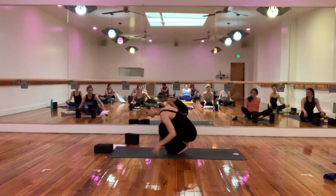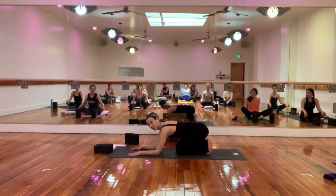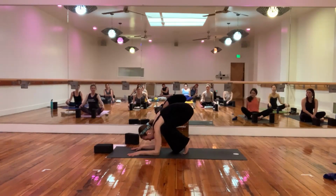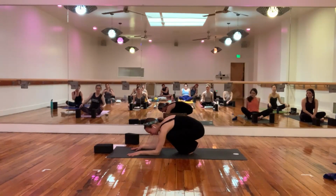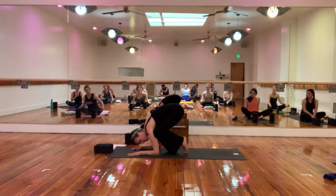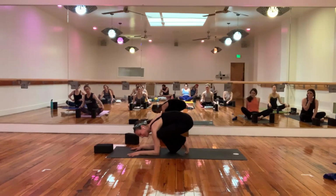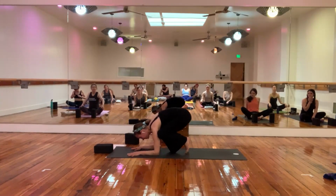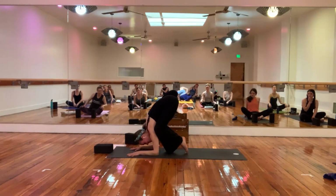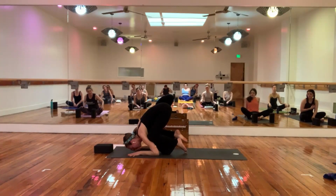So baby crow first is going to be from a forearm position. It's definitely a lot of frontal hip compression. So you're aiming to get both in crow and baby crow your knees as high up on your armpits, your triceps, as you can. So you rock your weight forward, stack your shoulders as much as you can over your hips, and then you might launch